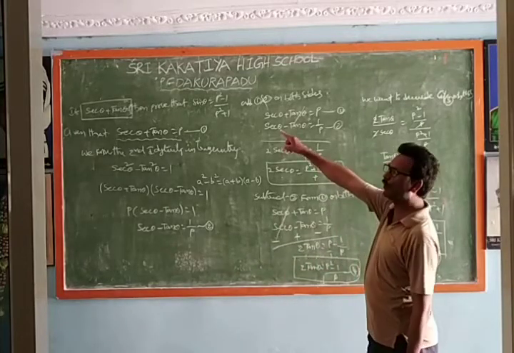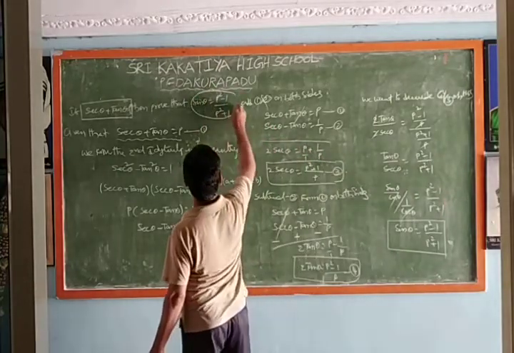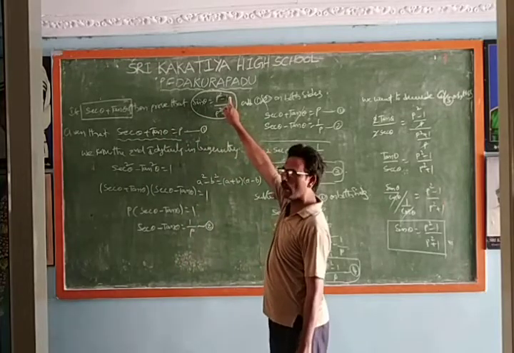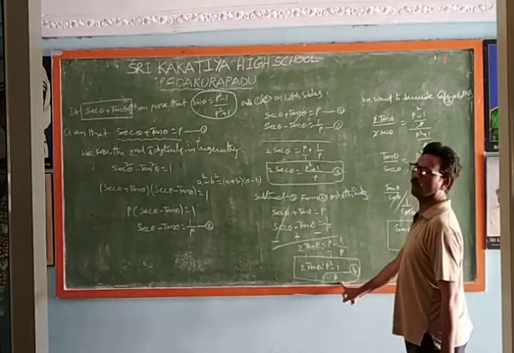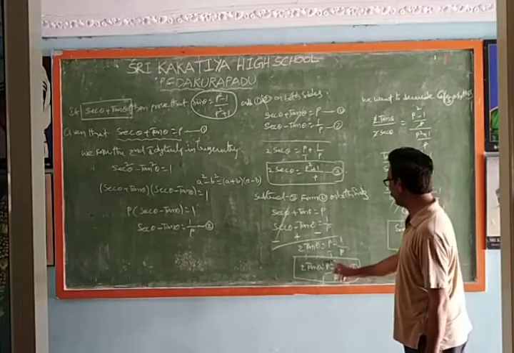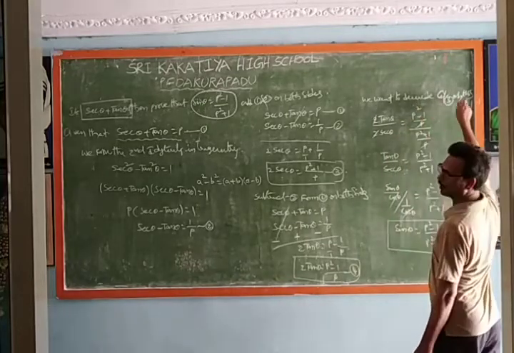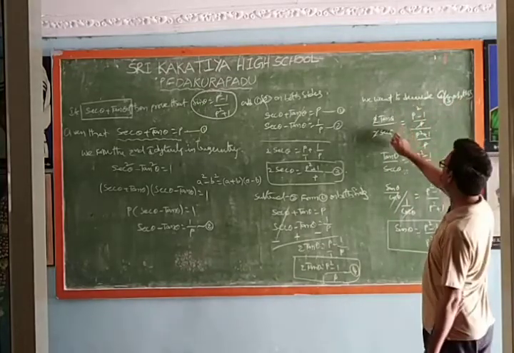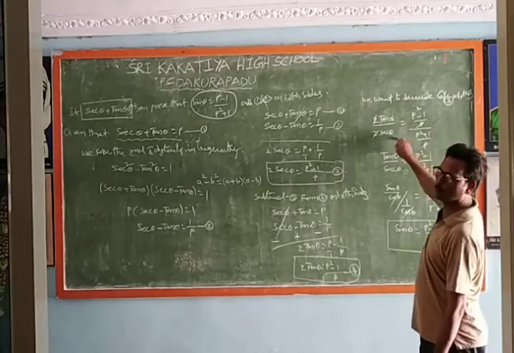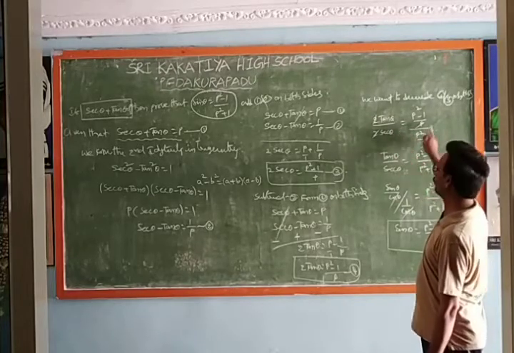See once what we want to prove. Sin theta is equal to p square minus 1 by p square plus 1. P square minus 1 is the numerator. That's why 3 by 4, third one, sorry, 4 by 3. Fourth one, p square minus 1 by p. That's why we want to divide 4 by 3 on both sides. 2 tan theta by 2 secant theta is equal to p square minus 1 by p whole by p square plus 1 by p. 2 cancels here, p cancels. Tan theta by secant theta is equal to p square minus 1 by p square plus 1.